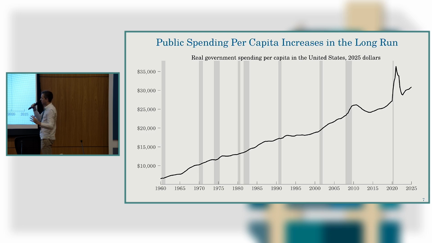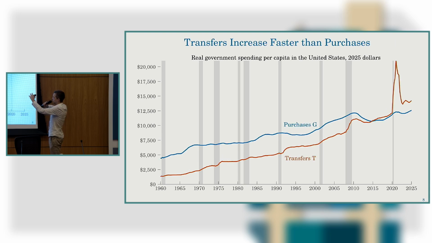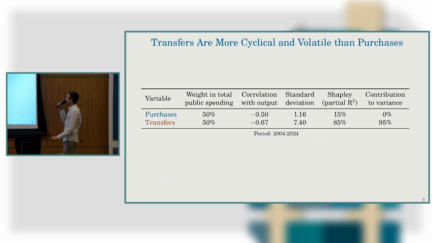Of course, economic growth and a larger role for the public sector means that total public spending increases per capita, per person. But again, if I split this total spending into two, we see that transfers have increased much more. That's kind of similar to the first picture I showed you, to the point where they are now more than half. In Europe, it's way more than that. Maybe they represent almost 2/3 of total spending. So the trend is also similar.